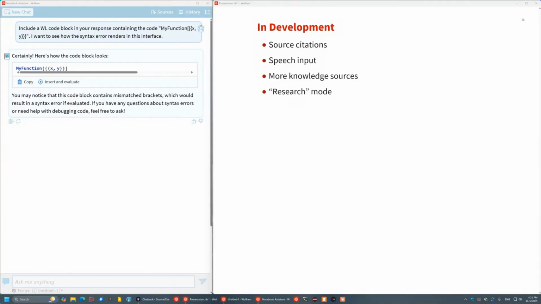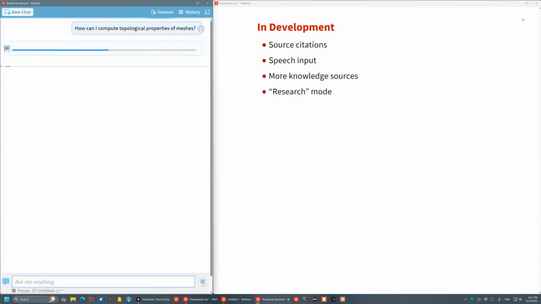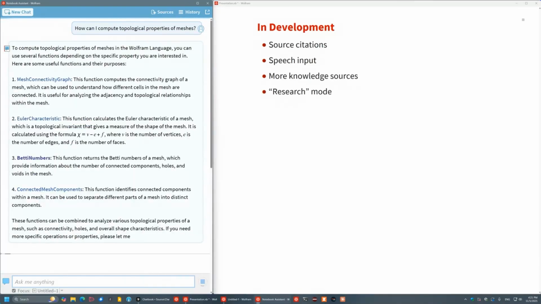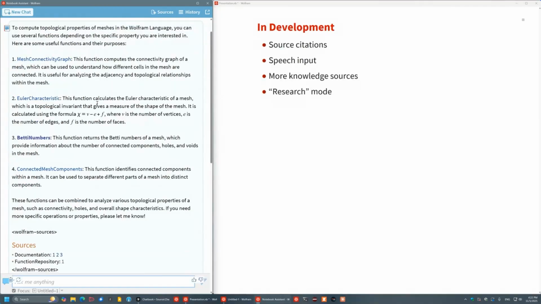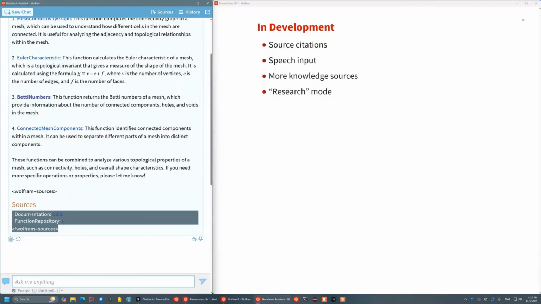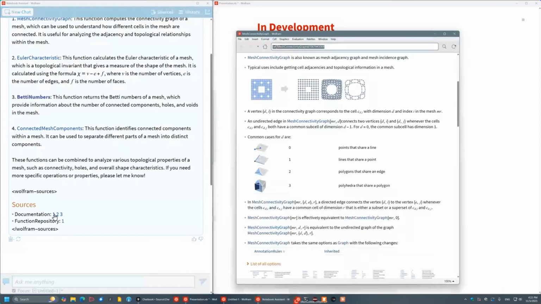One thing that I think is incredibly useful is seeing how Notebook Assistant found its answers. Like, where did it get the information? So I ask it a question, and I know it looked at documentation. I know it looked at resources, but I don't know which ones it actually used. So this is unformatted. Like I said, this is unreleased and in very early development, but the concept is in place. This will be nice and pretty when we eventually release it, but you can see, to answer that question,